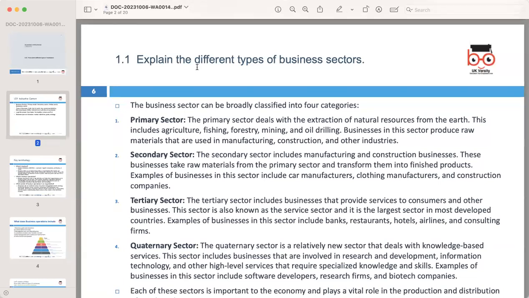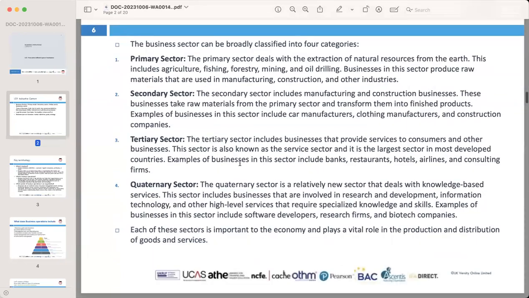Manufacturing items. These jobs are typically carried out in factories where skilled workers craft production from the materials provided by primary sectors. Then tertiary sectors. The tertiary sectors include businesses that provide services to